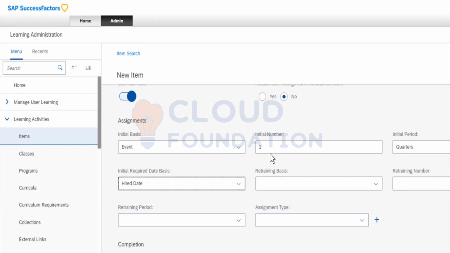Okay, understand. Now you want to keep it on a retraining basis. That's up to you. Again, same thing because you want to restart it. Then retraining number, how many times it should be repeated, and what is the period for retraining, after months or quarter. That's up to you. And then we have assignment types. What kind of